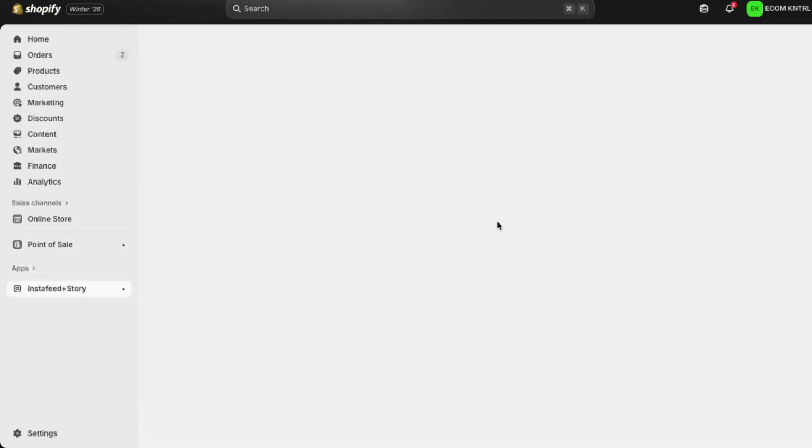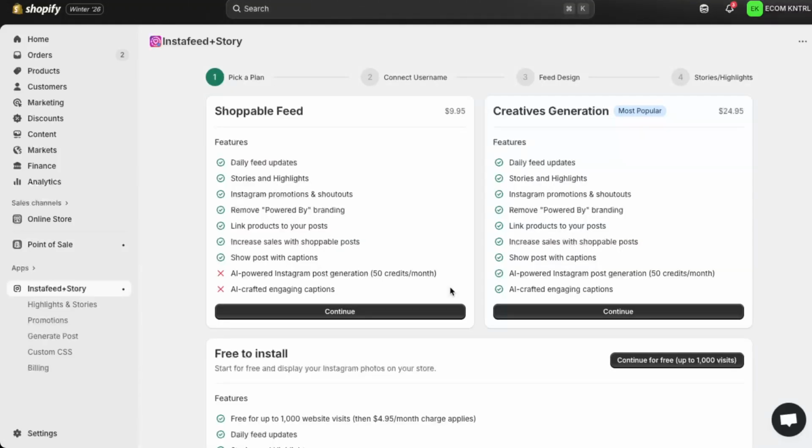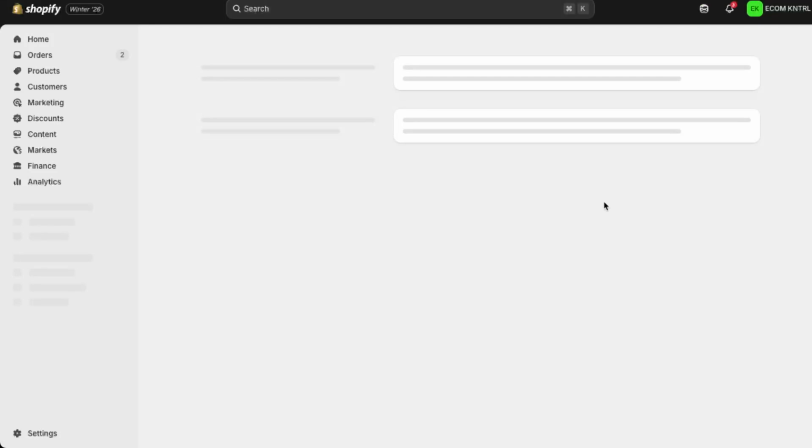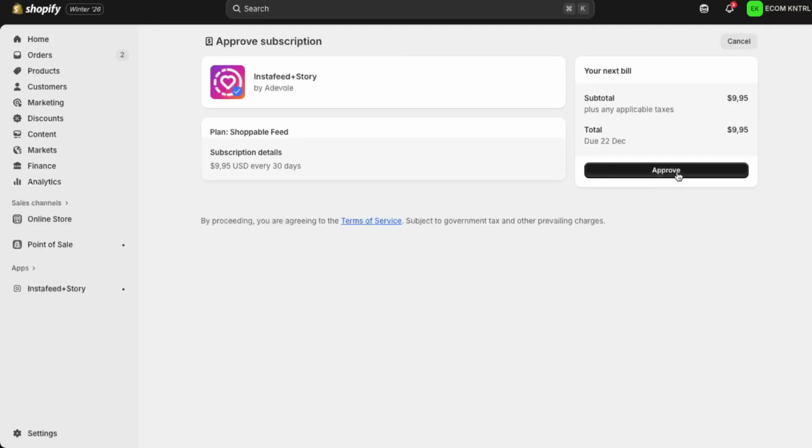In the Pick a Plan section, look for the option labeled Shoppable Feed and click Continue under that plan. This is the feature that allows your Instagram posts to link directly to your products. Shopify will then show you a billing approval page or a confirmation step. Click Approve and follow the simple setup process inside the app. This usually includes connecting your Instagram account and choosing how the feed appears on your store. Once you finish, your Instagram shopping setup